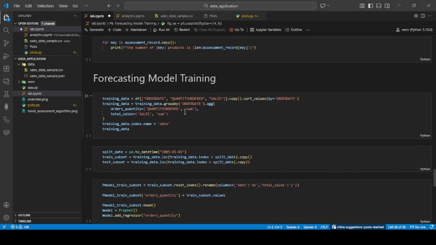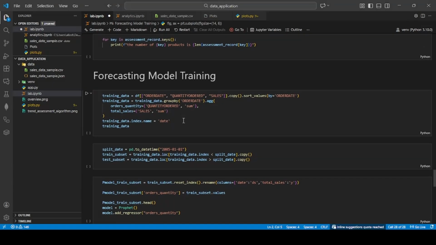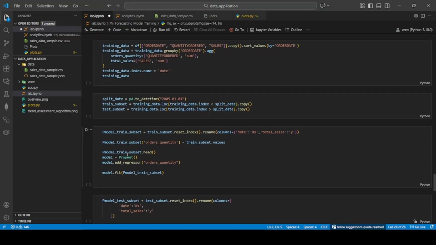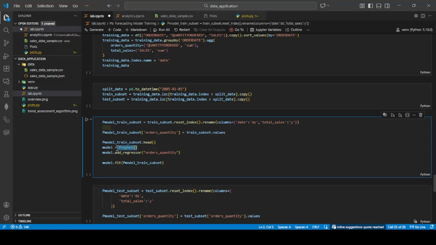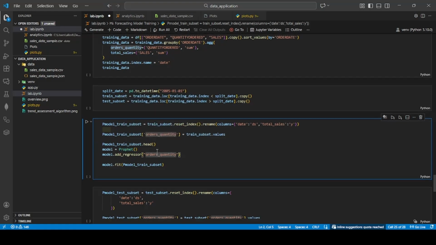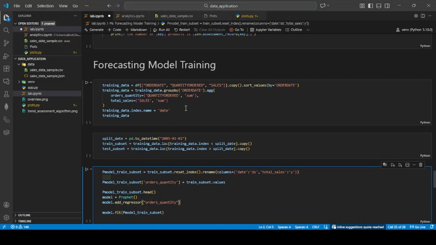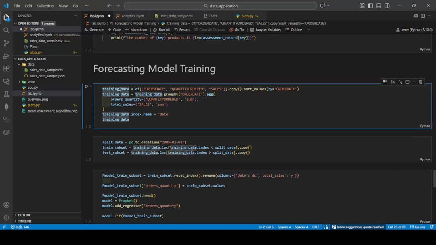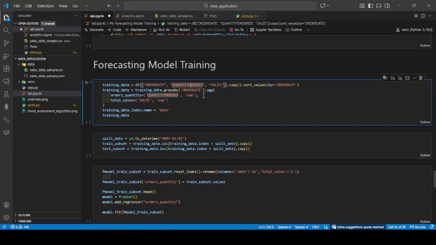Now we are going to work on the forecasting model training. We are going to use the Prophet model. It was developed by Facebook, and it is great for forecasting tasks. So first of all, as you can see here, we define the training data. We only selected a few columns. The sales column will be the target column. The order date will be the index column, and the quantity ordered will be used later to support the training